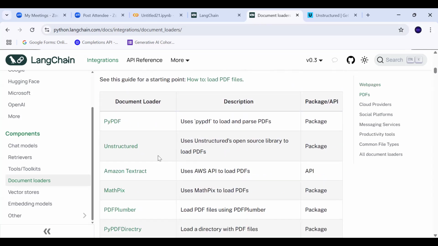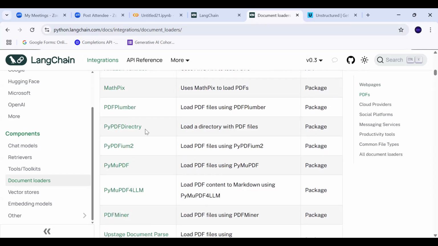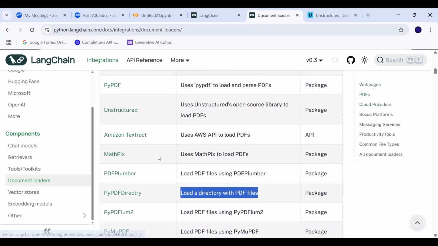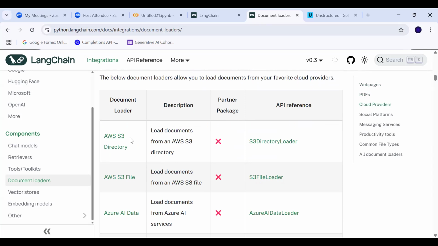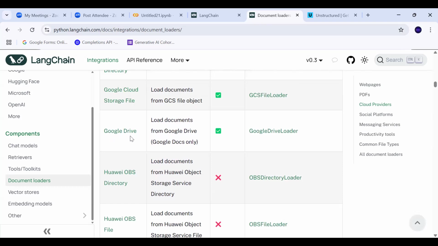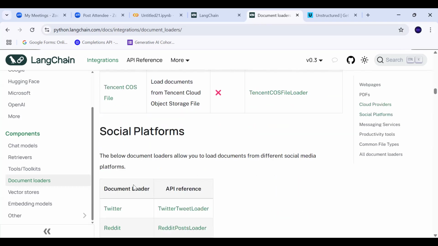If you have PDFs, you can use PyPDF, again unstructured, PDF plumber, PDF directory. If you have multiple files lying in a particular folder, you can use the PDF directory loader. What we are going to use is PyPDF. There are also cloud provider based loaders. If your source documents are in AWS S3, then you can use that document loader, and things like that. Hope this is clear. If you have documents in Google Drive, there are a lot of integrations which LangChain has already done, and they give you a library which will help you to integrate with